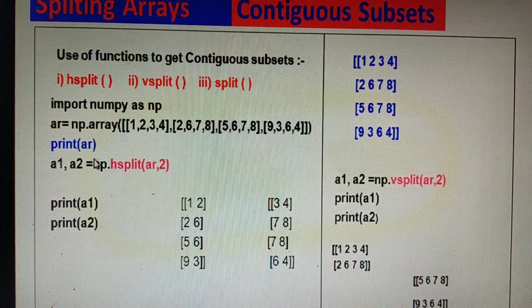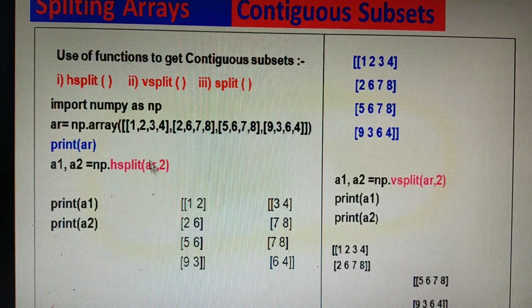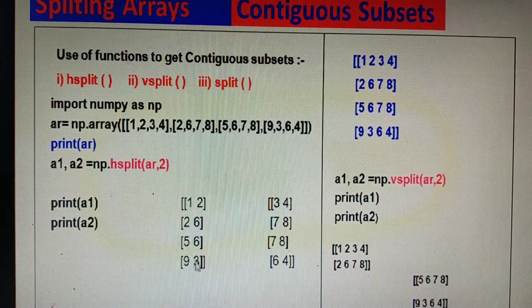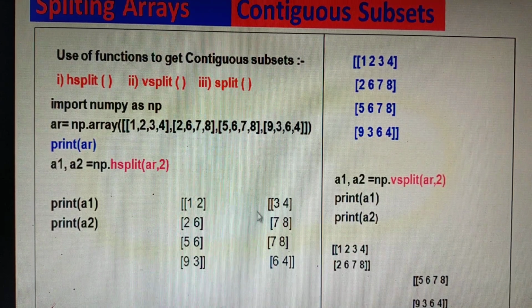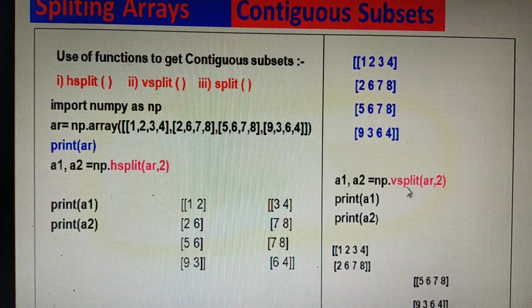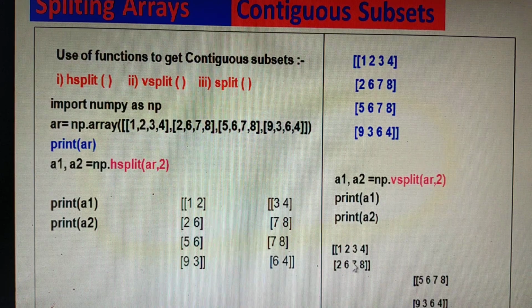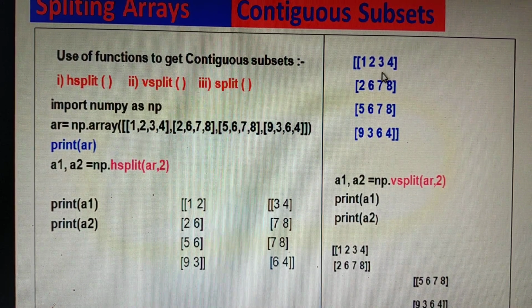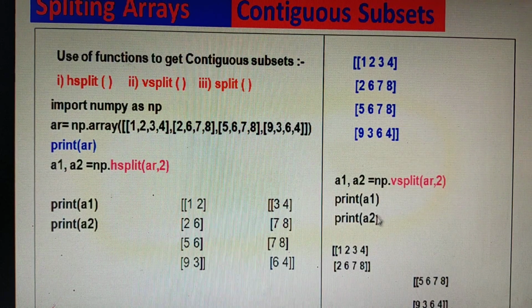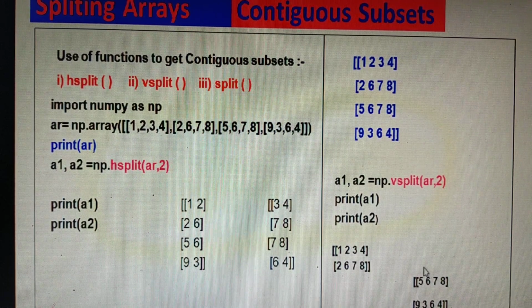So it will divide this AR array into 2 parts horizontally, column wise. And with vsplit, the same array is divided vertically, that is row wise. The first 2 rows go to A1, and A2 contains the last 2 rows.